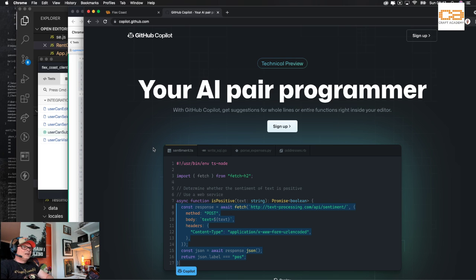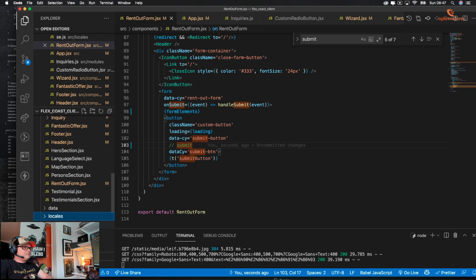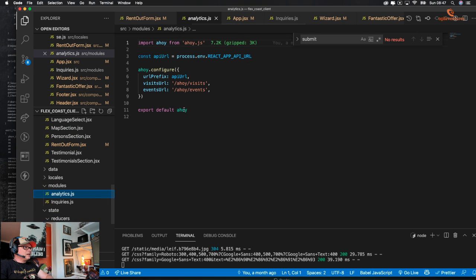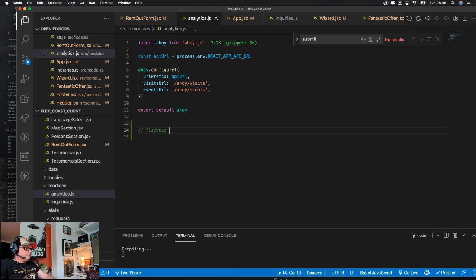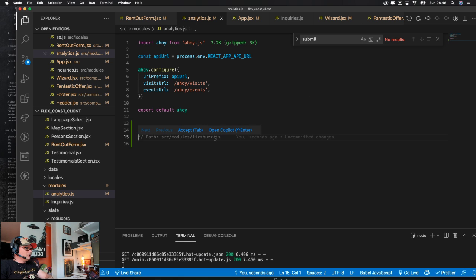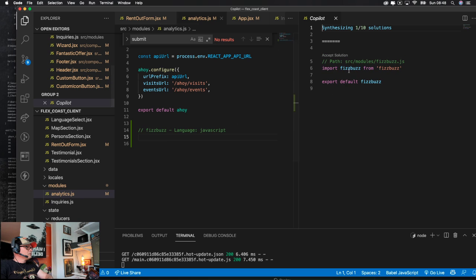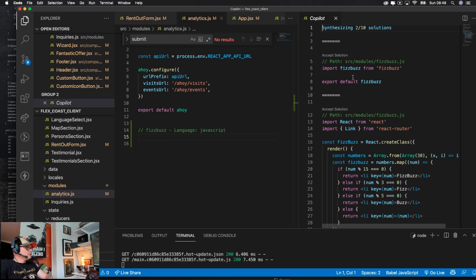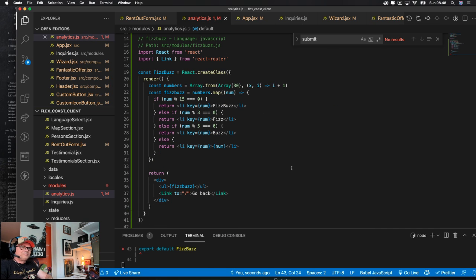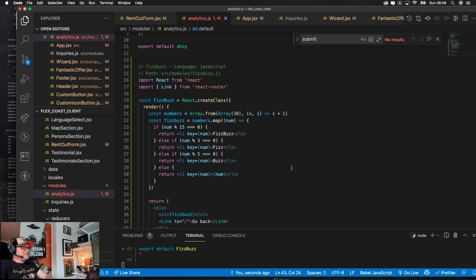I think you can, yeah. Let's take that FizzBuzz for a spin. Actually, let's see. What do I have? I have another one. Yeah, let's do this here. I don't always remove this. So if I just do FizzBuzz, language JavaScript. No. Open Copilot. Export default FizzBuzz. Right, there we go. Like, boom. That's it. You have everything done for you.